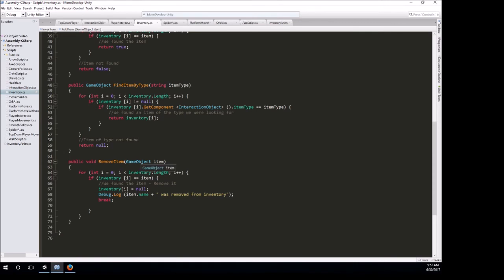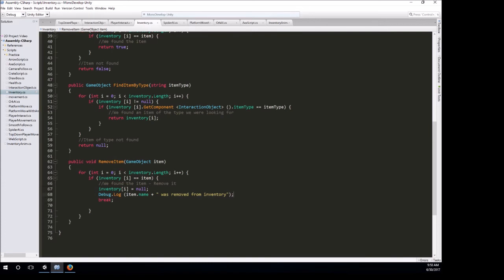So again, we send the item, we loop through this looking for the item that we're trying to remove. So we're searching for the item. When we find the item, we set it to null, like this. And then we give ourselves a message saying we removed it,